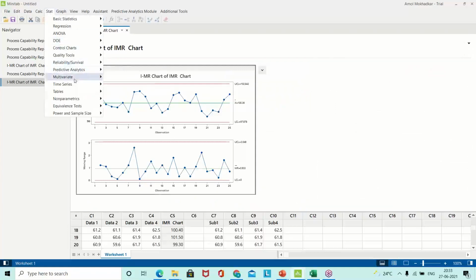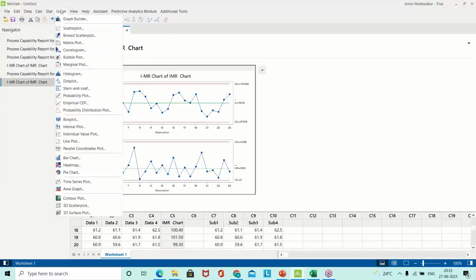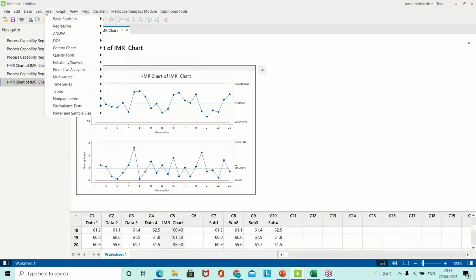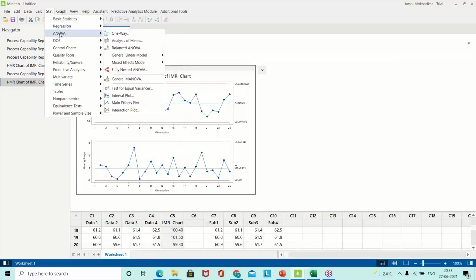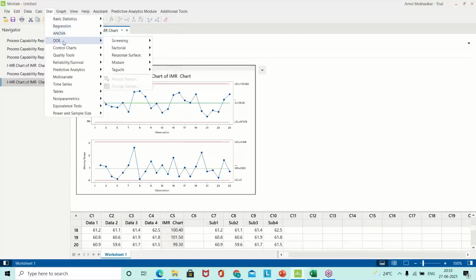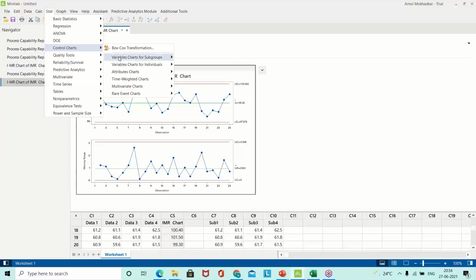Like this, you can make your histograms, different box plots. It is a very nice tool. Scatter plots, regression analysis. When you go to Stat, you can do basic statistics, regression analysis, ANOVA (analysis of variance), design of experiments, control charts. All types of control charts are there, even for subgroups, like the X-bar R chart, X-bar S chart.